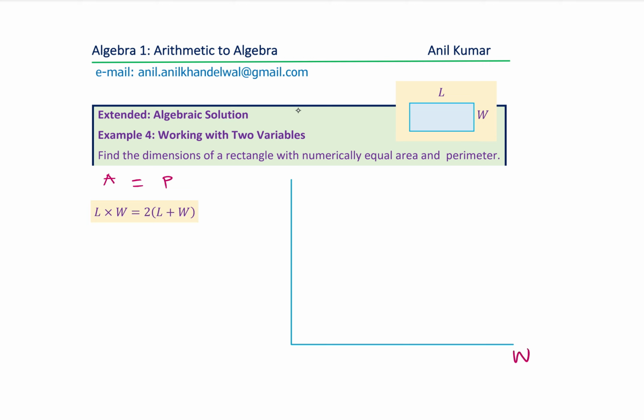Perfect. One side could be width, the other could be length. So on the x-axis, I will take width. On the y-axis, I'll take length, make up a scale, and then find dimensions where both are equal, length and width are equal. So this is for you to explore. We'll discuss this solution later, correct? You get an idea? You have two equations to work with, correct? You need to draw this graph for different values of length and width. Perfect. You can take any value for length and width